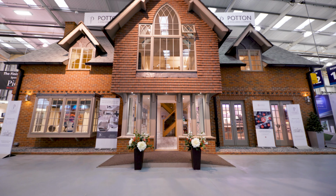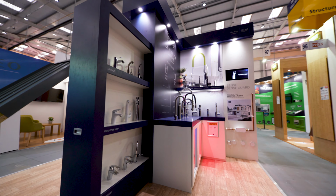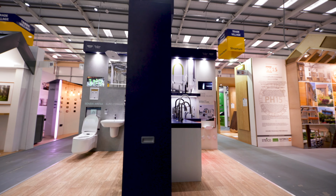Welcome to the National Self-Build and Renovation Centre here in Swindon. We are a permanent exhibition centre for everything self-build and renovation. You can find many attractions. We've actually got 4 fully built houses. We have an educational zone. We have over 260 exhibition stands here. If it's something that you're going to need to either build or renovate your house, then we have it here